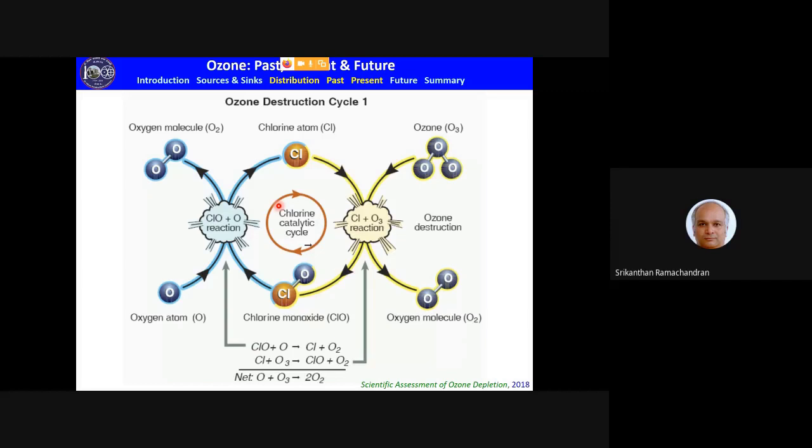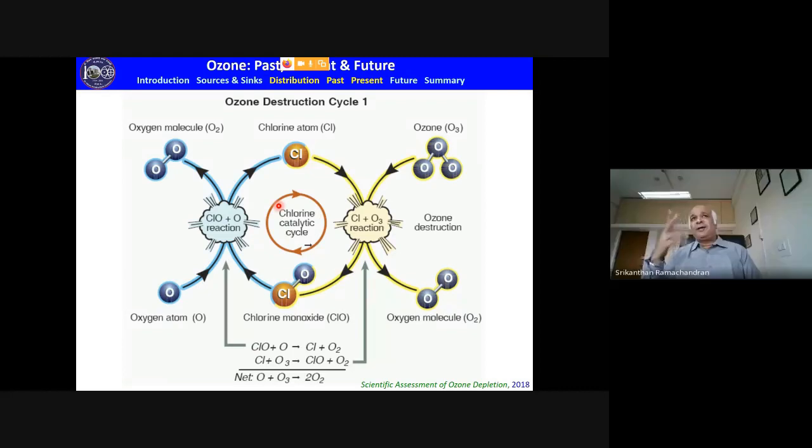As you all are aware, in catalysis, the reactant that is used survives the whole reaction and can keep on attacking the source molecule, thereby depleting it. So essentially the chlorine that is produced breaks the ozone molecule into oxygen atoms and